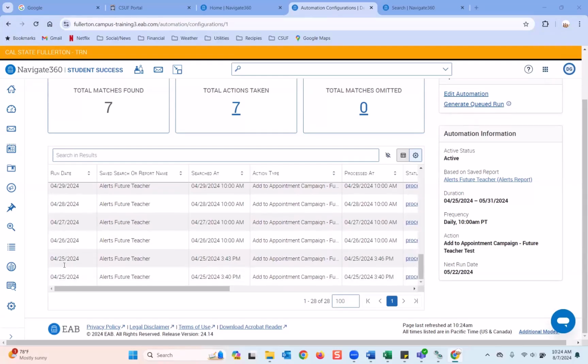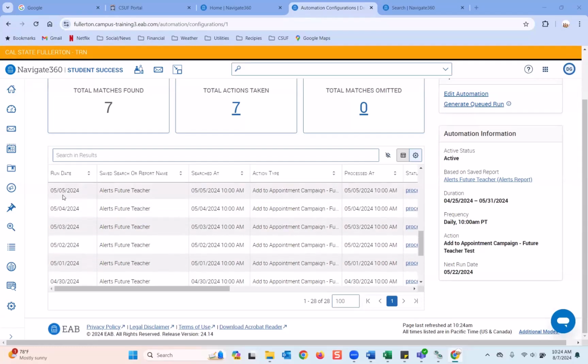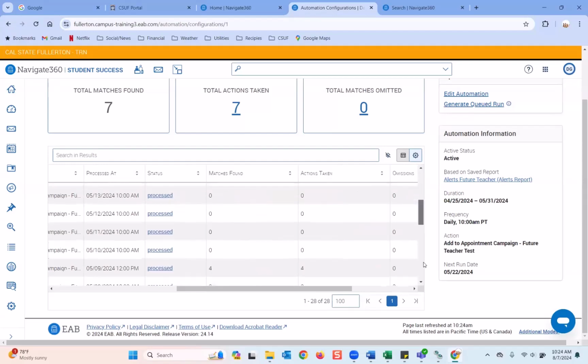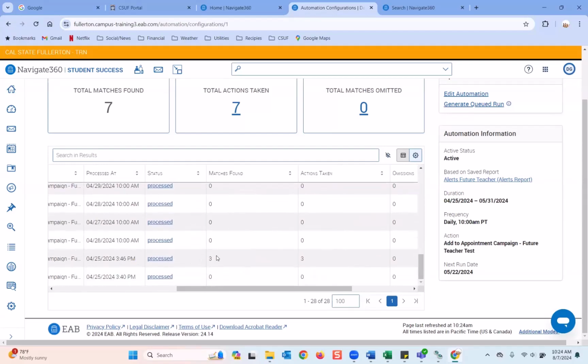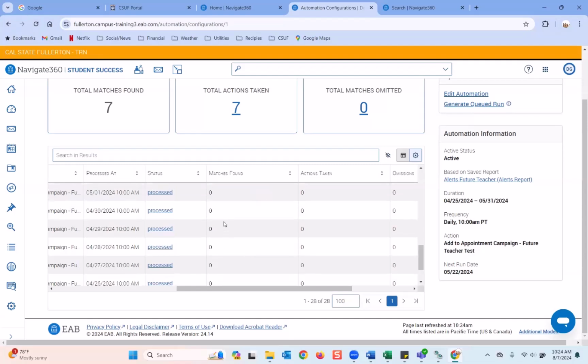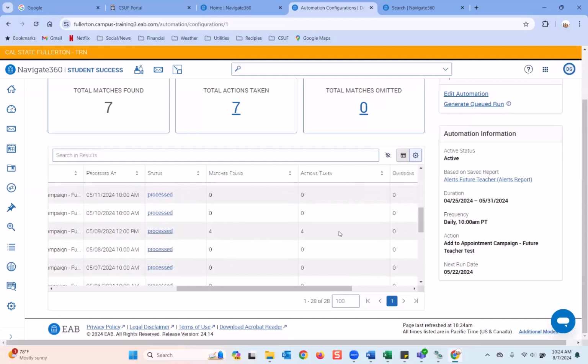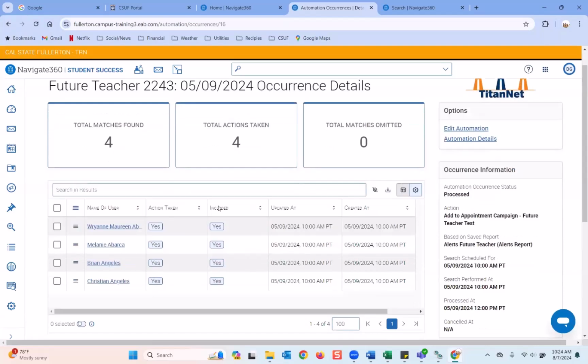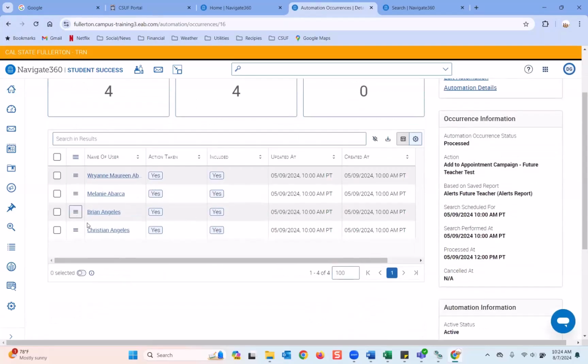So the 25th, you can see how it ran basically every day. Then you see the processed, and how many matches were found and how many actions were taken. Obviously, in here there's a bunch of zeros, and this row here had four. You can click on the processed, and then you can see